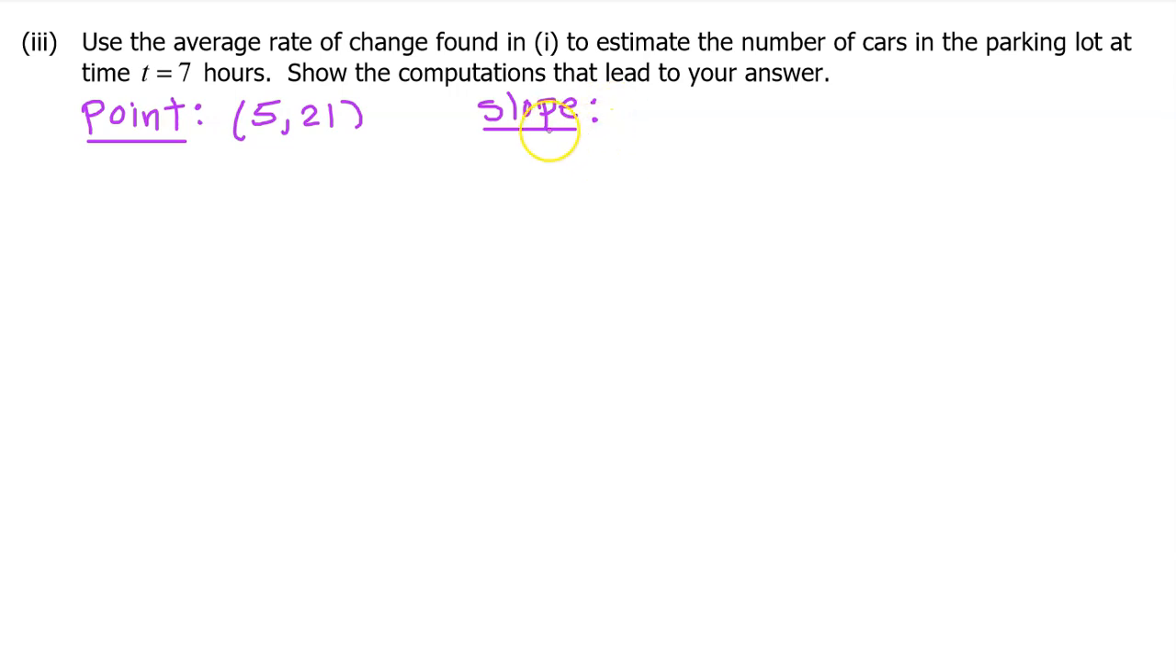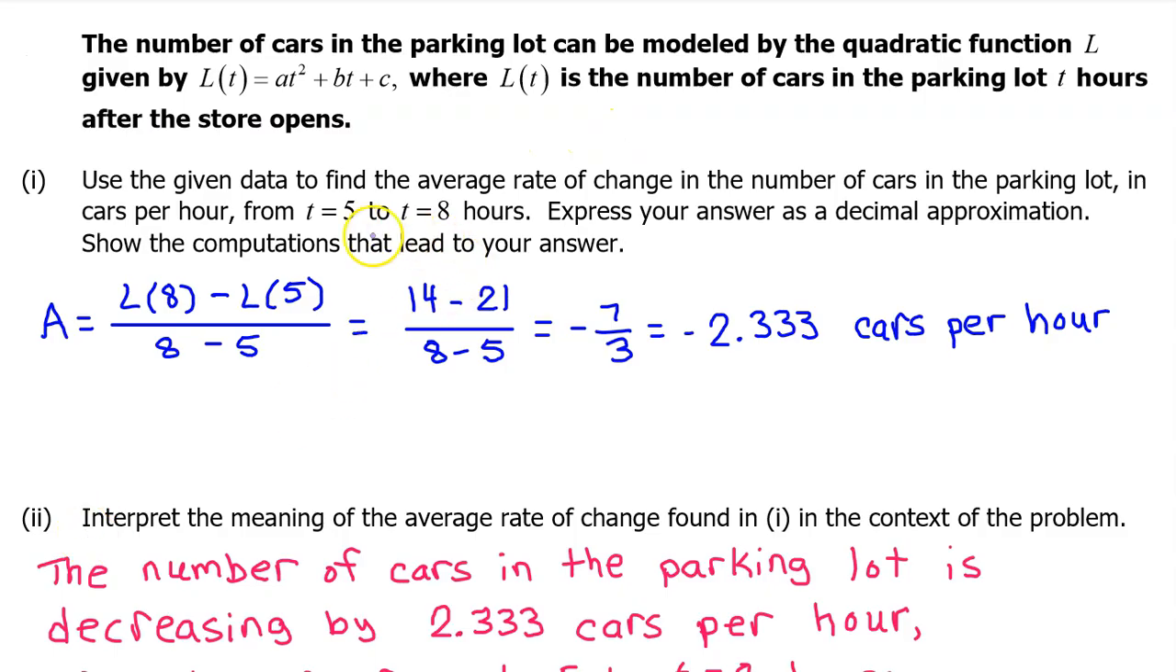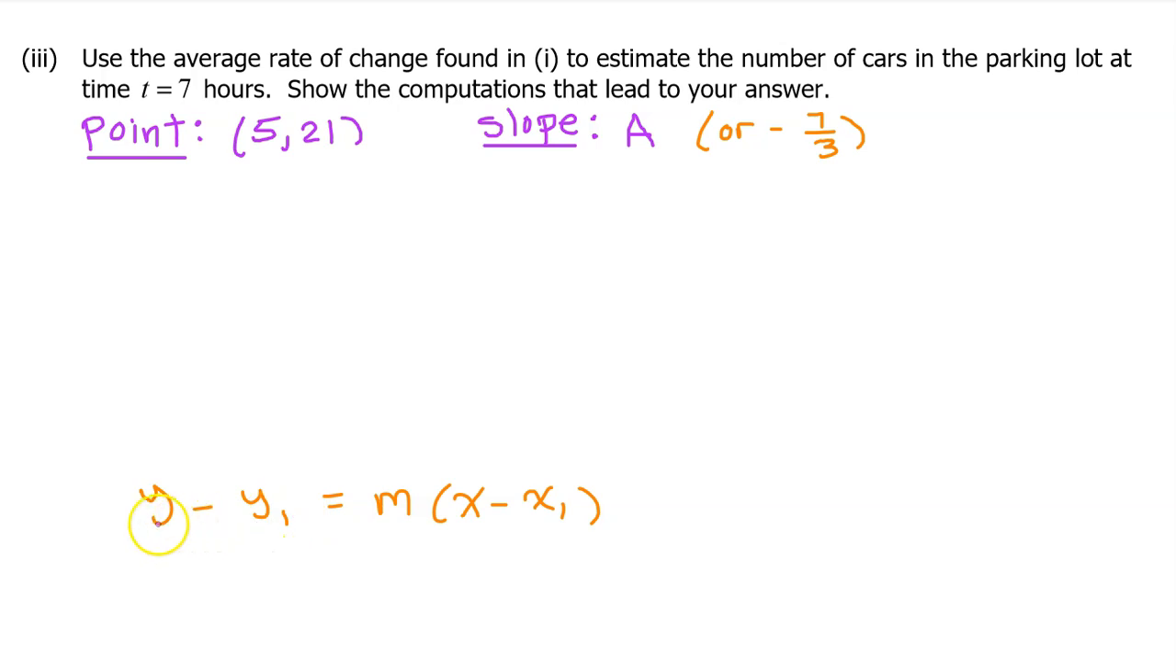What about the slope? The slope of the secant line from 5 to 8 is the average rate of change from 5 to 8. We don't want to lose any accuracy, so let's not use negative 2.333. Instead, we can either use negative 7/3 or we can use the letter A where we stored all of the many decimals. Now we are ready to write the equation of the secant line from 5 to 8 in point-slope